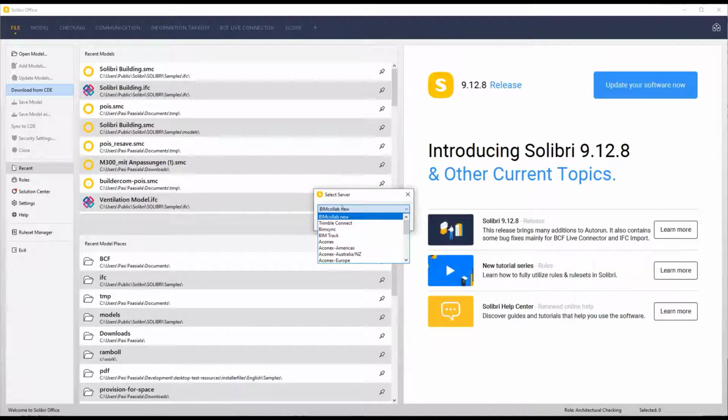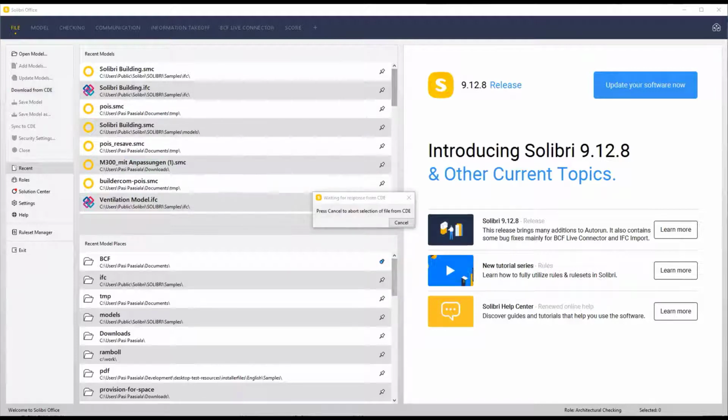I can select here the server. This is still a bit unfinalized, how to select where this information would be stored in Solibri. Now you just need to select the server every time, but I select this Econex Europe, and then this brings us